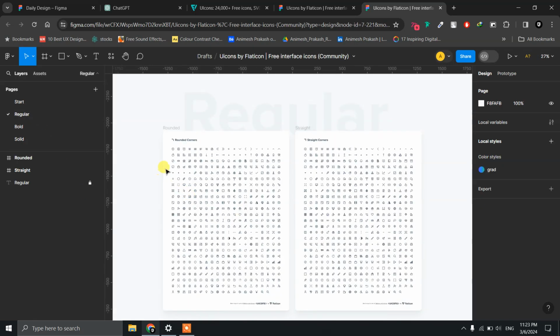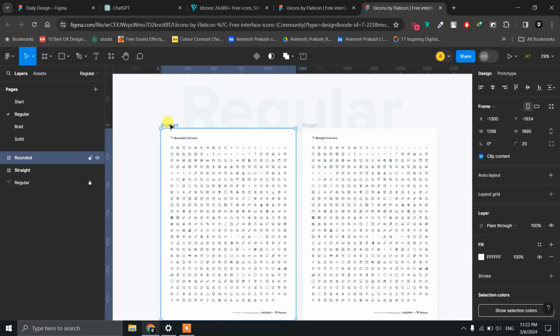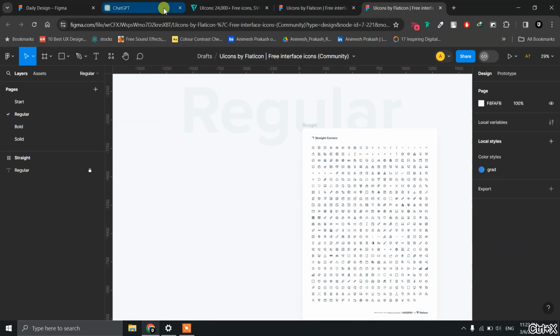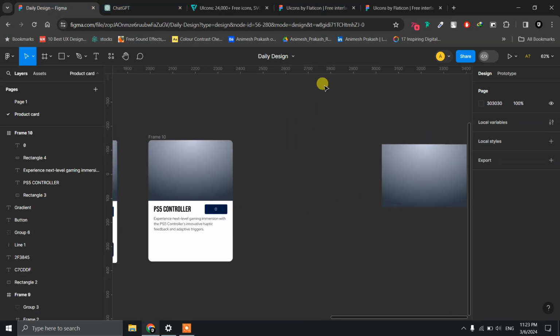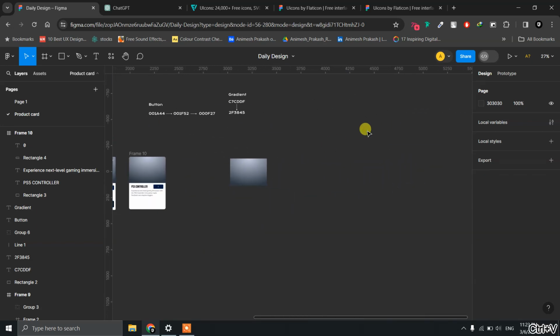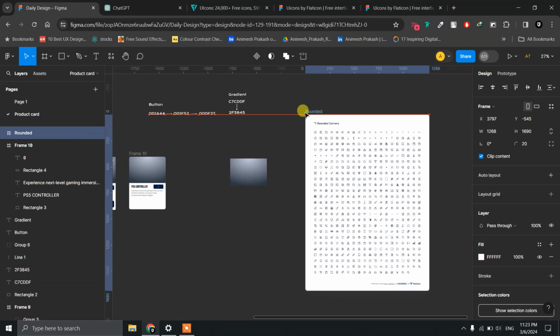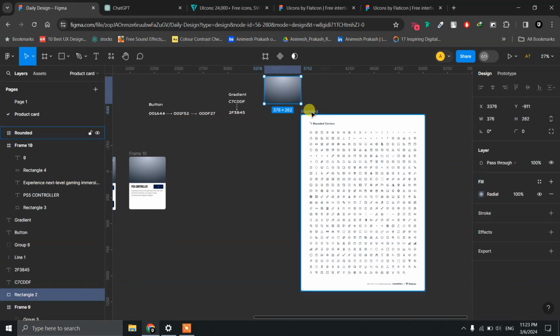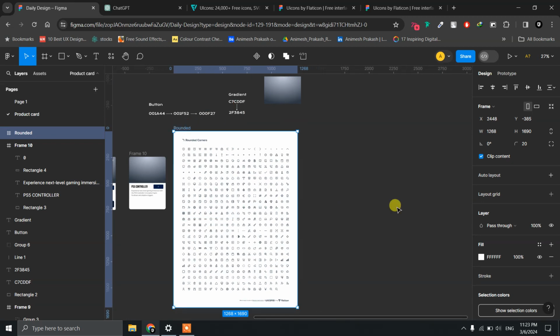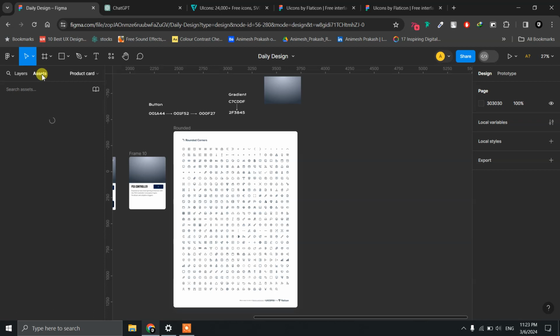So we'll simply take the entire frame here, press Command X and paste it in our design file. Now that we have all our assets here,